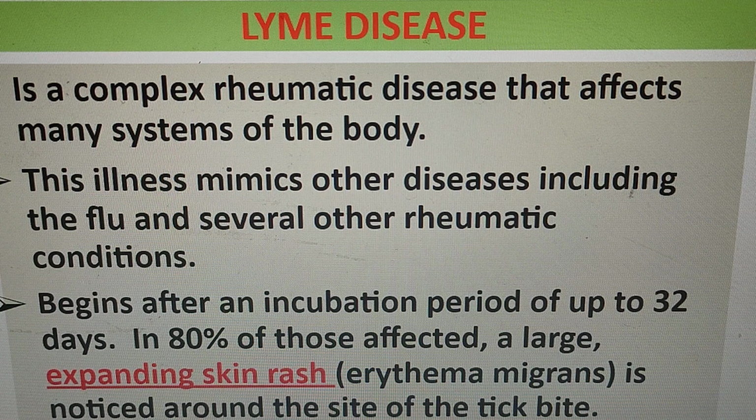It is a complex rheumatic disease that affects many systems of the body. So it's not only one system, but many systems of the body. This illness mimics other diseases, including the flu and several other rheumatic conditions. It begins after an incubation period of up to 32 days. In 80% of those affected, a large expanding skin rash, erythema migrans, is noticed around the site of the tick